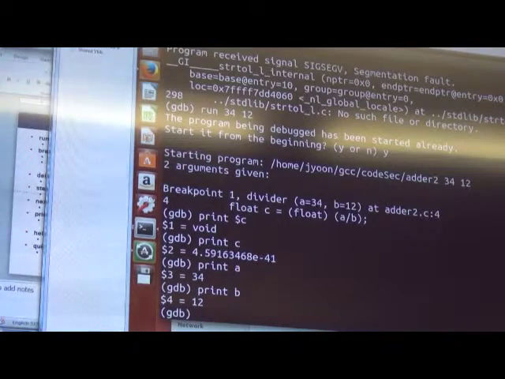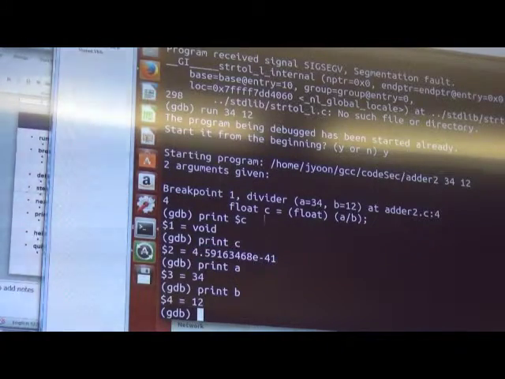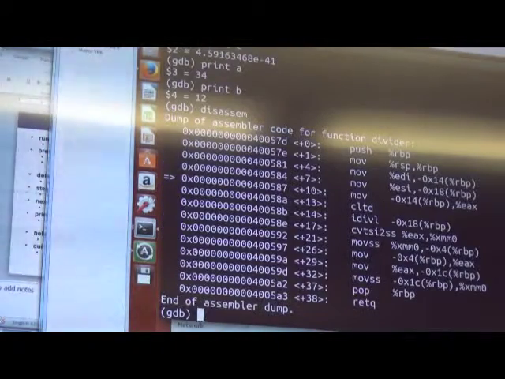But c is not. Disassemble, then you can see